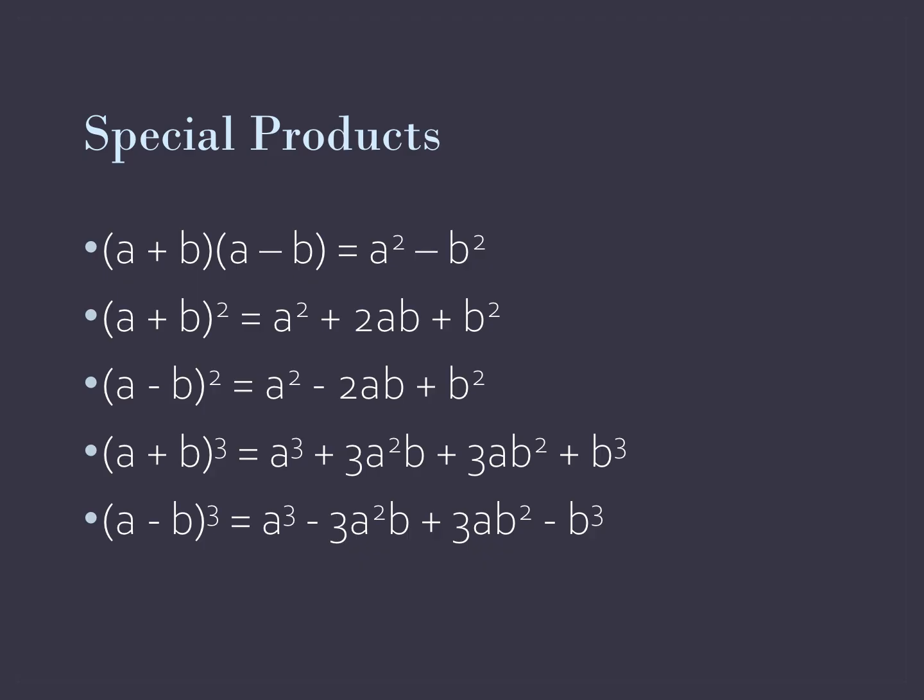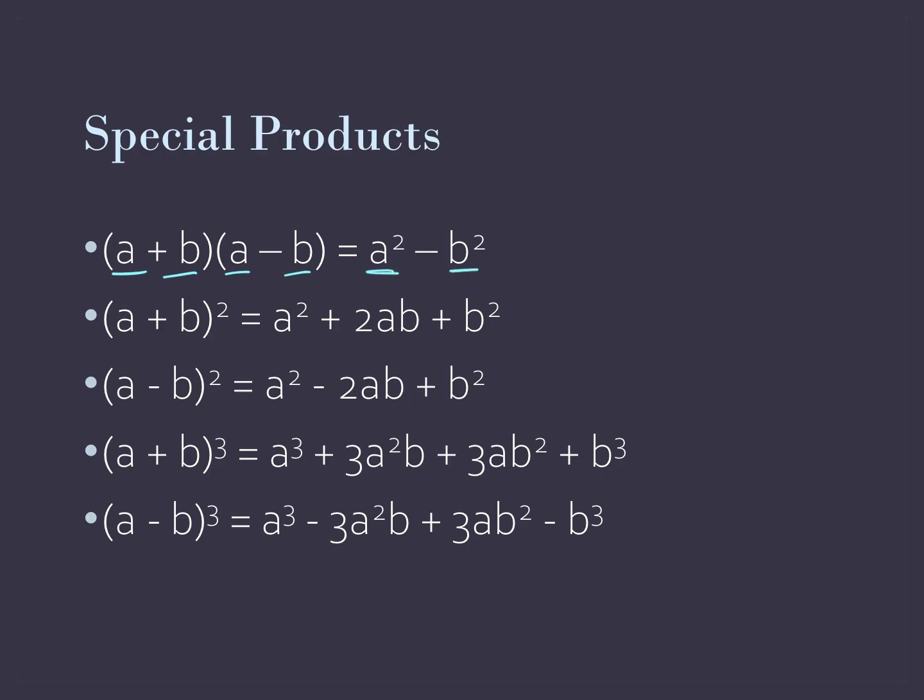Okay, these are some special products. You don't have to memorize them. You really could just work it out every single time. But it helps that you do memorize them just because it makes some problems a lot faster. Definitely this first one, the product of a sum and a difference, is super quick and easy to memorize. If you have a plus b times a minus b, it's the same as a squared minus b squared, which,